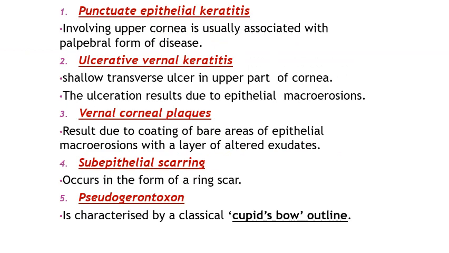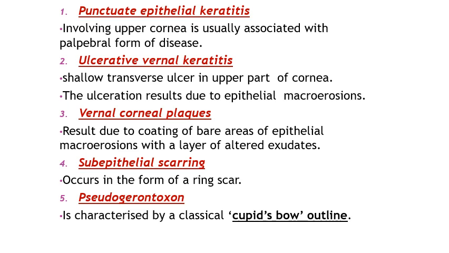How do they present? As we already know, a lot of papillae are present in the upper eyelid, so the adjacent cornea is involved. In the upper cornea you see small punctate keratitis, pinhead shaped, in the upper part of the cornea. If they are not treated properly in the initial stage, they all fuse together and can form a shallow transverse ulcer that we call a shield ulcer.